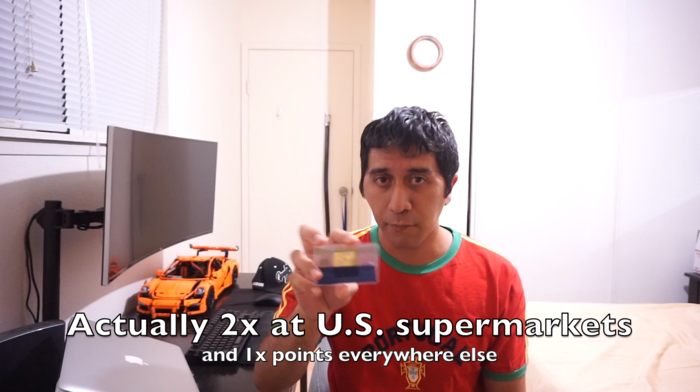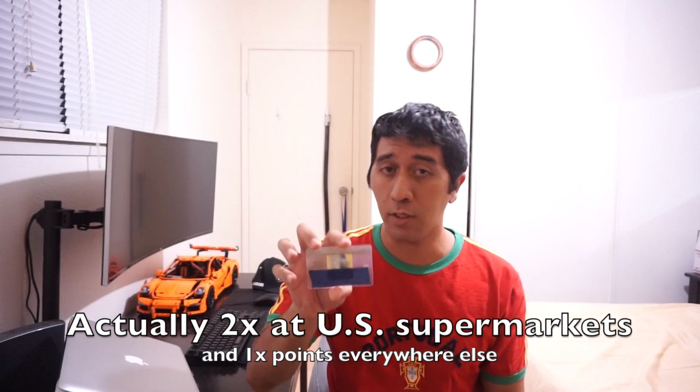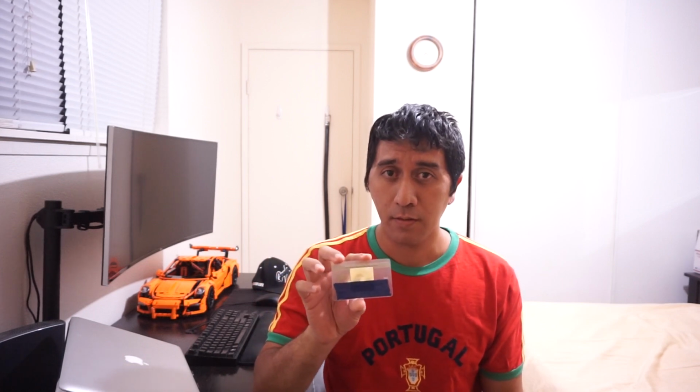This card earns 2 points per dollar at grocery stores, which I frequent quite a lot, and also 1 point per dollar on everything else. However, if in one billing cycle I can use the card 20 times or more, I will get an additional 20% membership rewards points. How I do that, which is pretty much every month, is that if I were to